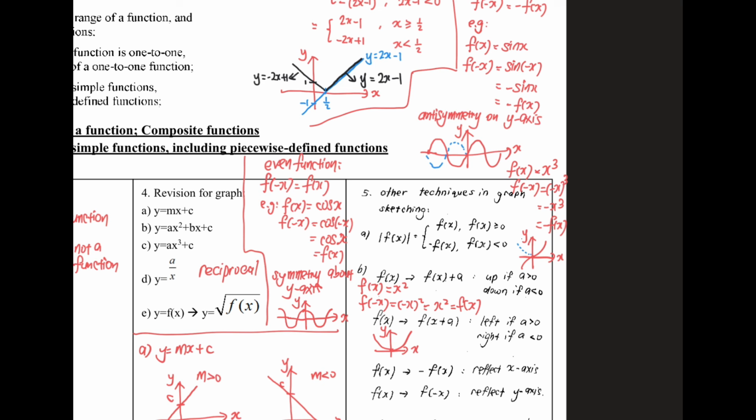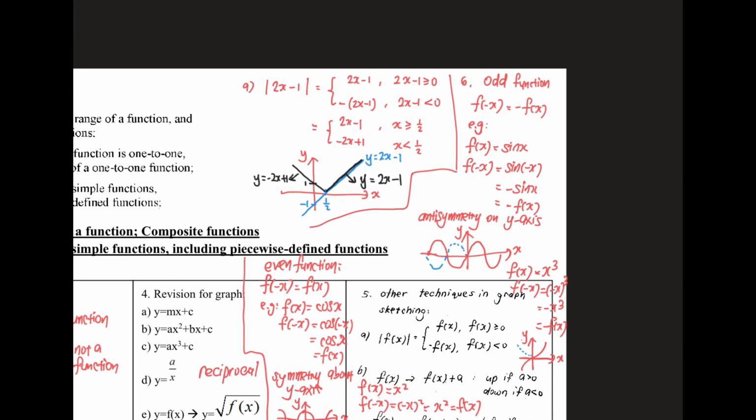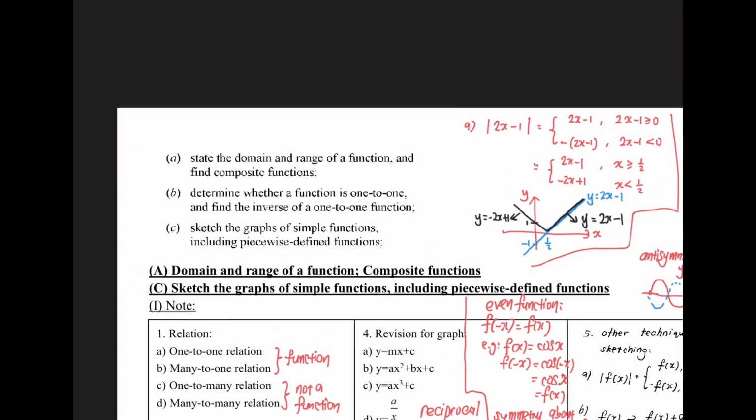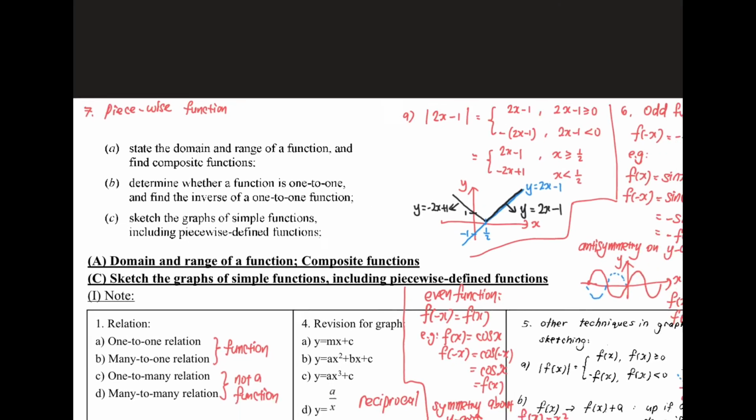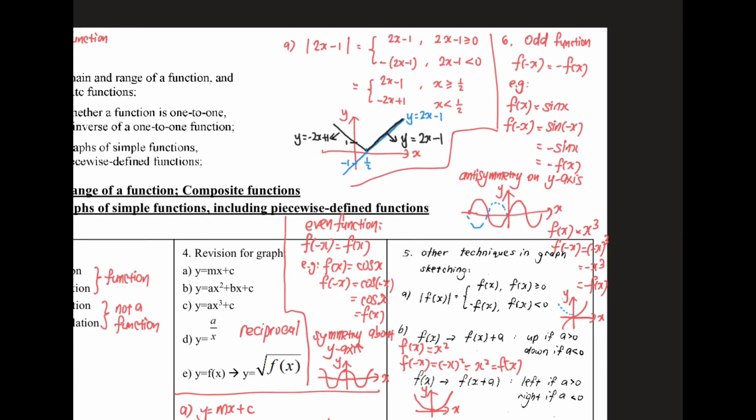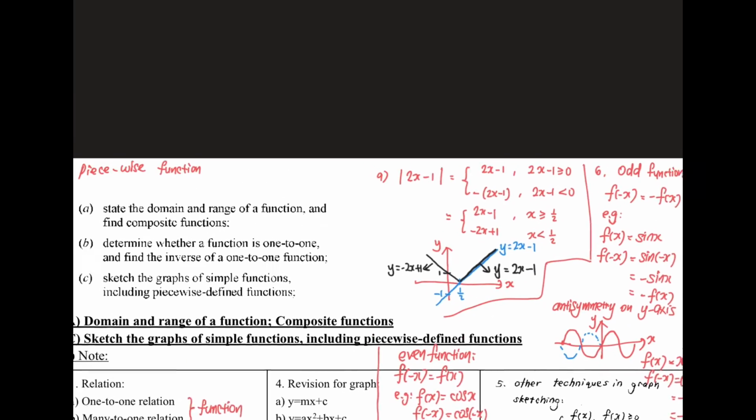Okay? So odd function and even function, these are additional information for graph sketching. So what else? Maybe I add one more, number 7, piecewise function. Piecewise function, what is that? Okay, just in short, for piecewise function, they will give you